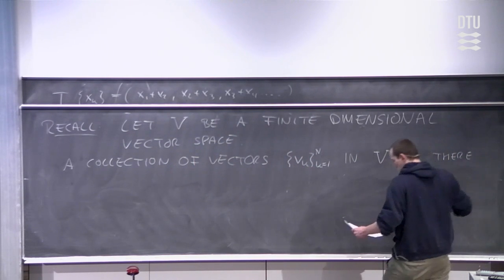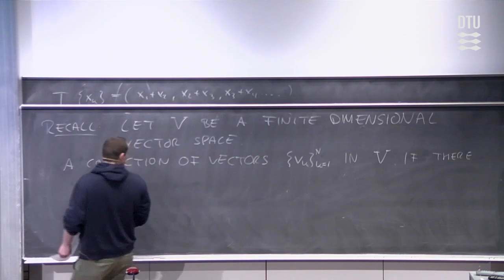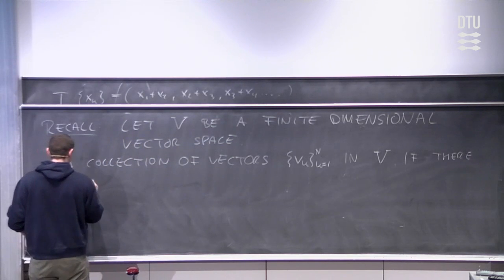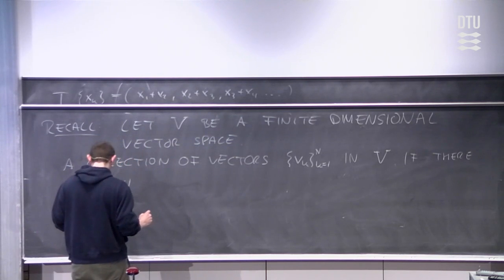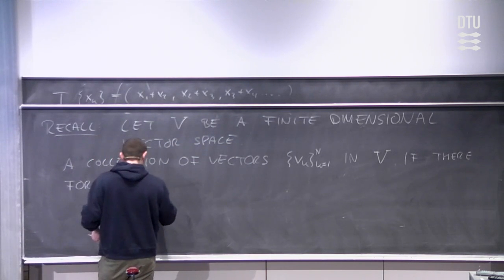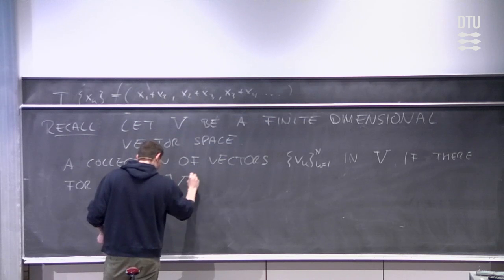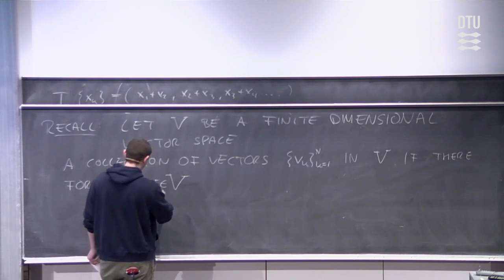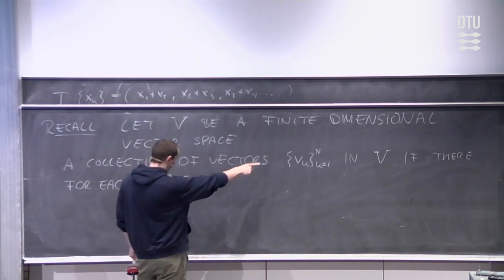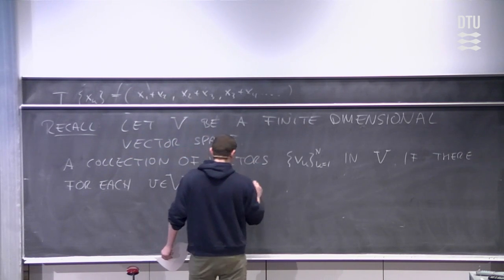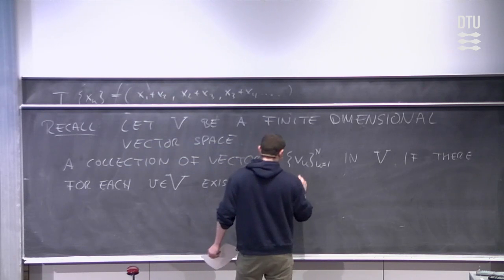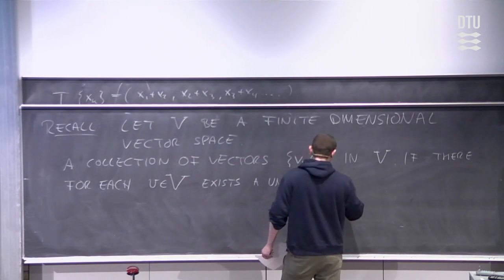If for each vector, okay, let's also call this v in V. So we have capital V, which is a space, small v, which is a specific vector, and then we have our v_k's. There exists a unique sequence